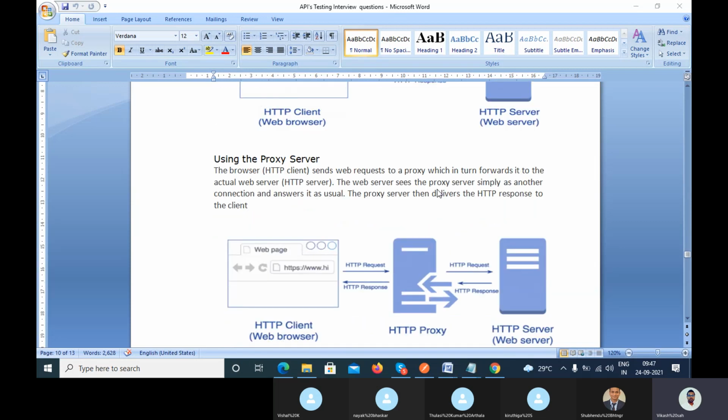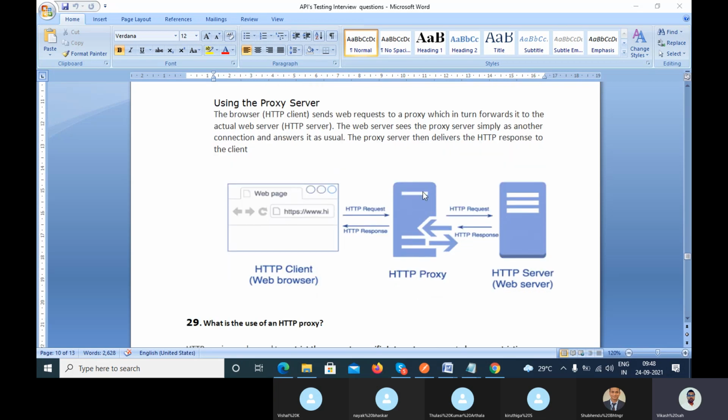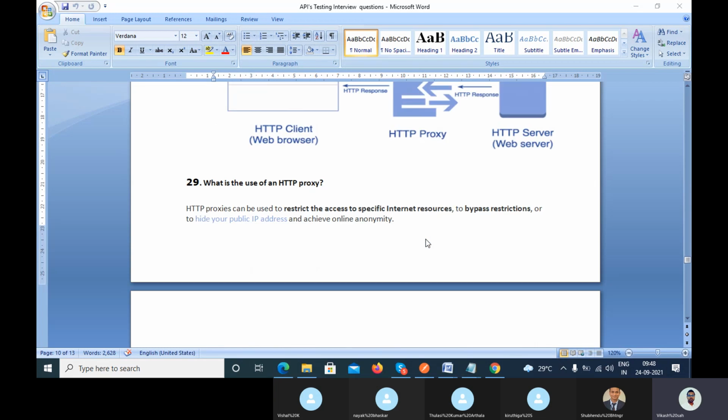What is the benefit of that? Let's try to understand. When I hit anything, the HTTP request goes to the HTTP proxy, which checks whether it is harmful or some unwanted thing. Once the proxy server clears it, it connects with the server, the server returns the response to the proxy, and the proxy returns it to the client. Why have I implemented the HTTP proxy here?